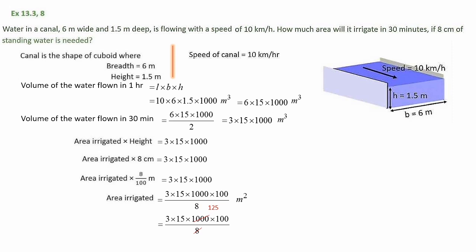And here a little bit of calculation: this 1000 and 8 we can cancel, and we will get 125. When we multiply 3 into 15 into 125 into 100, we will get